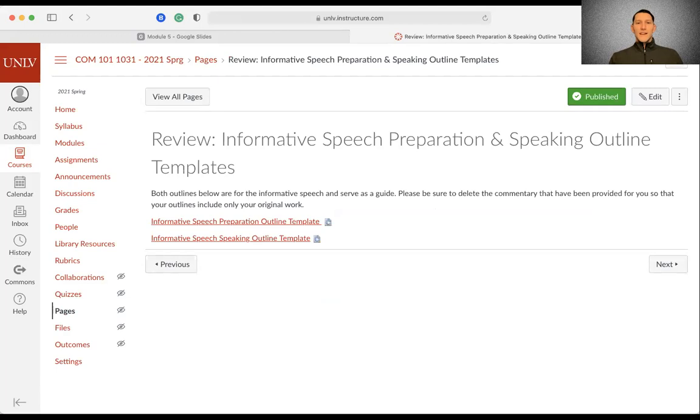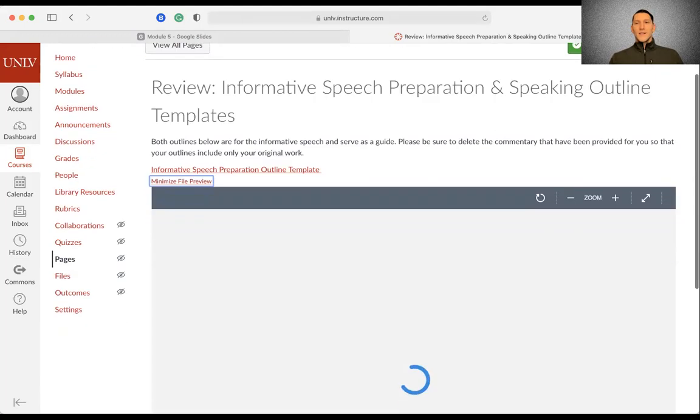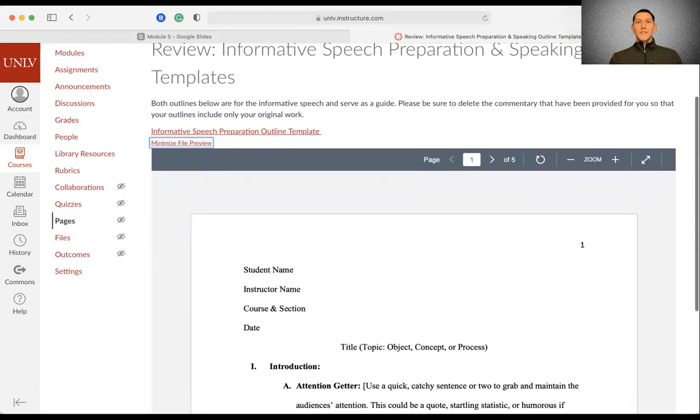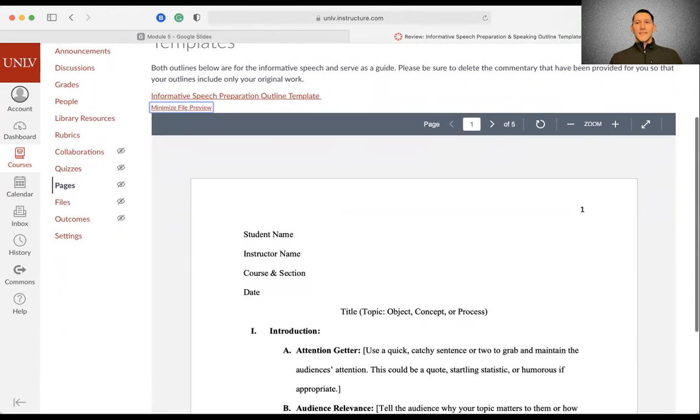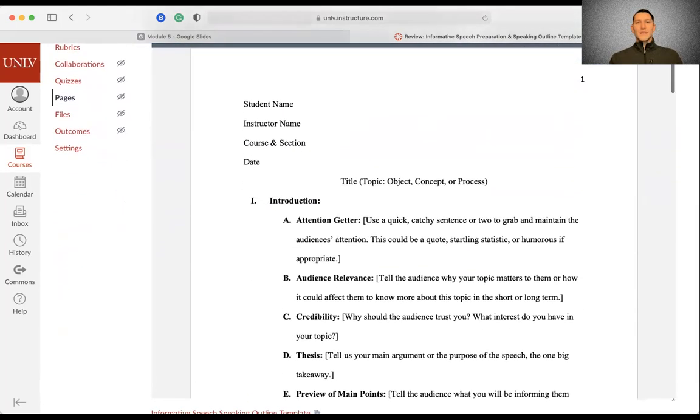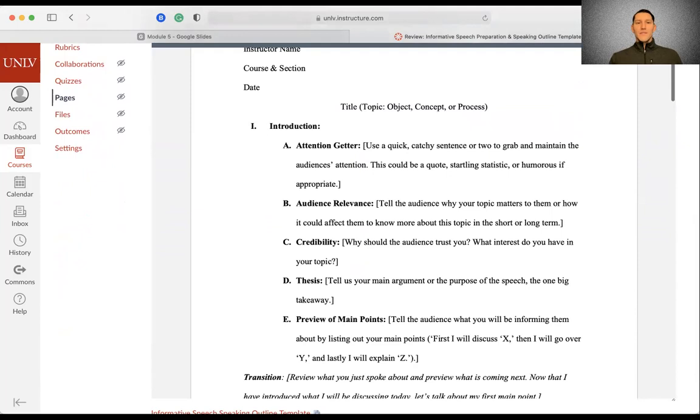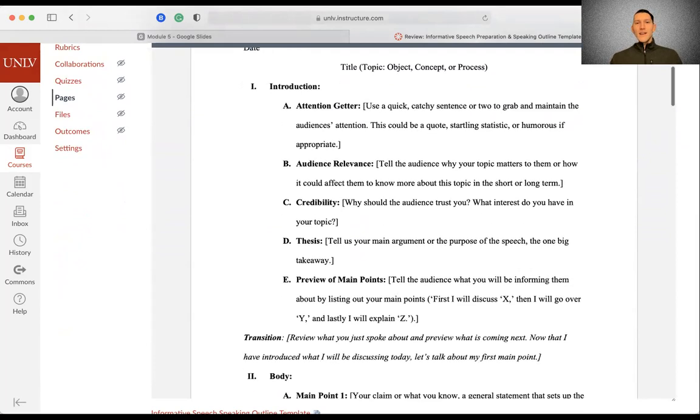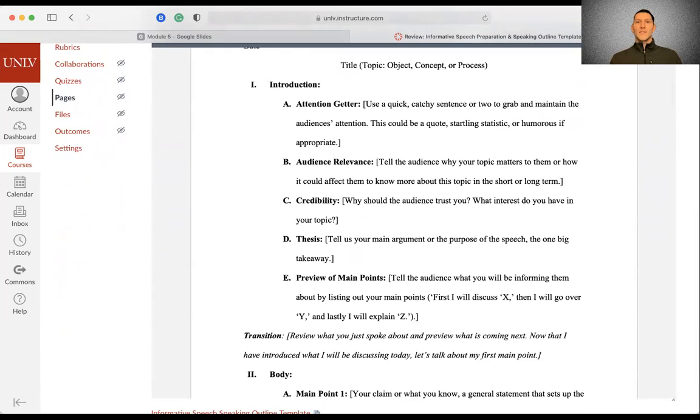So you can see the outline templates here that we have uploaded. This one is obviously different than the storytelling podcast outlines that you just did. But again, pretty simple. Make sure you have all of these things: your attention getter, how are you going to attract our attention; your audience relevance, why do we care about what it is that you have to say; your credibility, why should we listen to you about this; and then tell us what your thesis is,